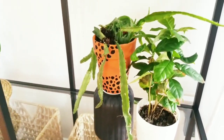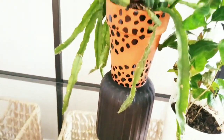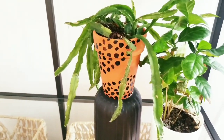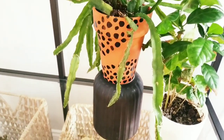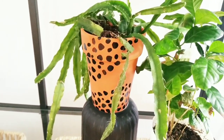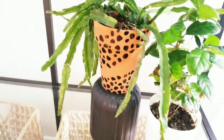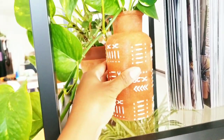Let's talk about cute and unique planters, because nursery pots are just no fun. Let's find some cute fun things to house your plants in. I bought this cute cheetah print planter from Greenhouse Glory, and it does have drainage, and I just love it. So I got this one, and then I also got this one with the mud cloth print, and this